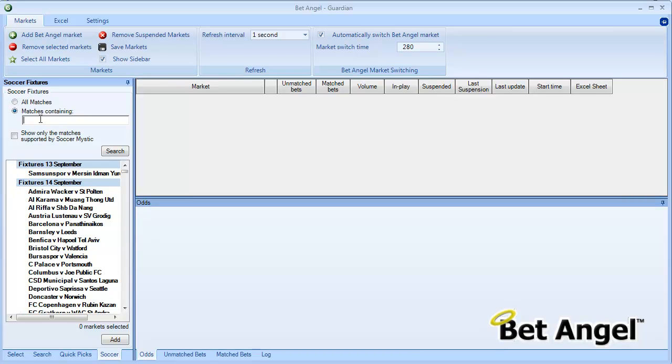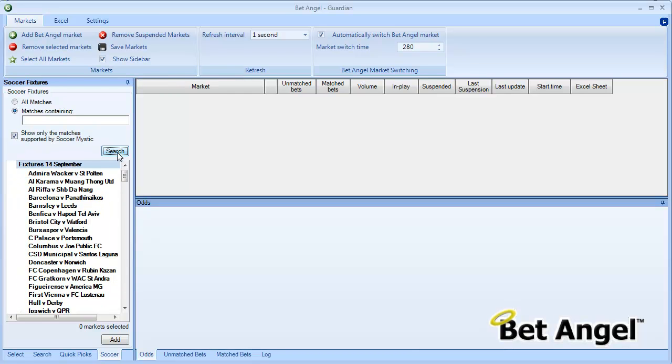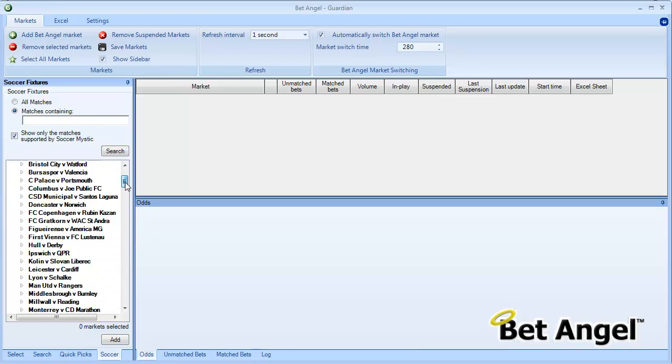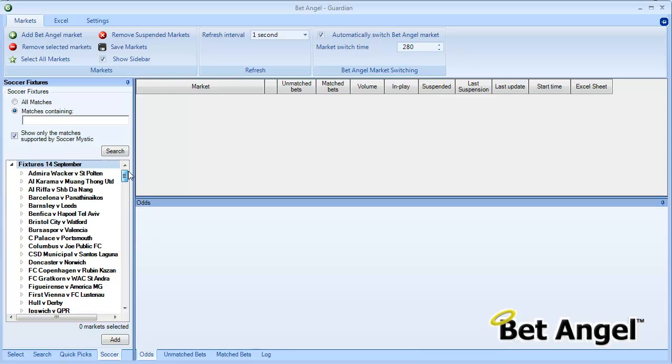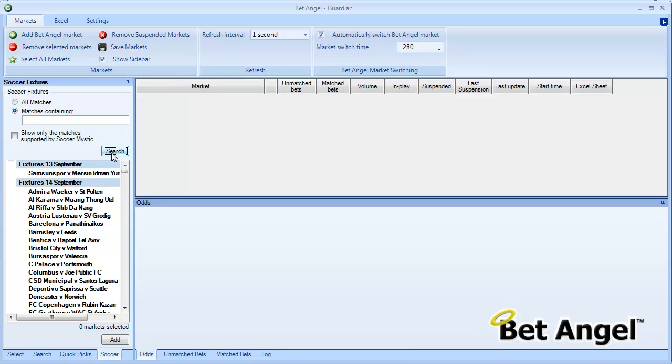So you can go in and say, search for matches that contain over 2.5 goals or whatever, or perhaps contain Man United, or all of those variations on a theme from there. Also, if you're going to use Soccer Mystic to do some profiling and modelling, you can always do show any matches supported by Soccer Mystic, because what will happen then is it will bring up those matches that are supported by Soccer Mystic,